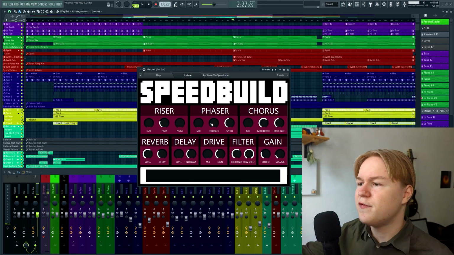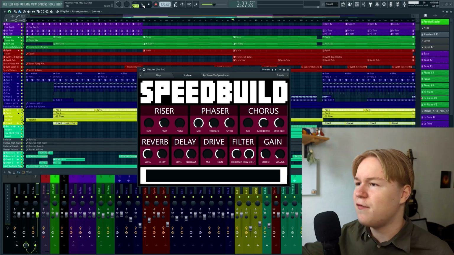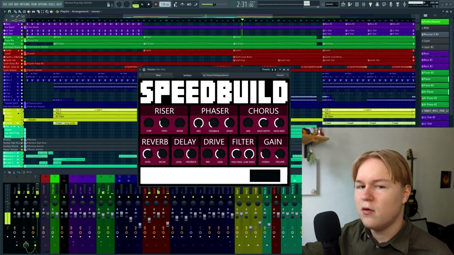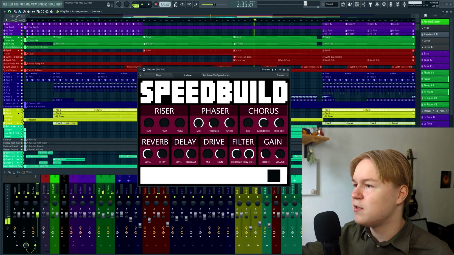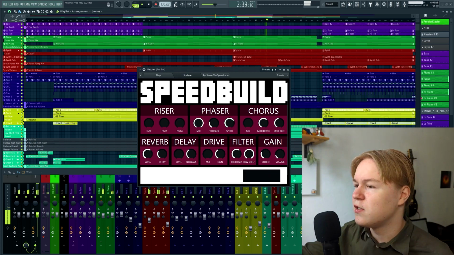In the next section we have some kind of phaser effect, so if we just increase the mix and the feedback a bit, and play it together with a song, because otherwise you don't hear the phaser, obviously. There's this phaser effect now. Or you also hear the riser, so maybe it's a bit hard to hear. But yeah, there's this phaser effect, and you can control the speed and the feedback and all these parameters here.